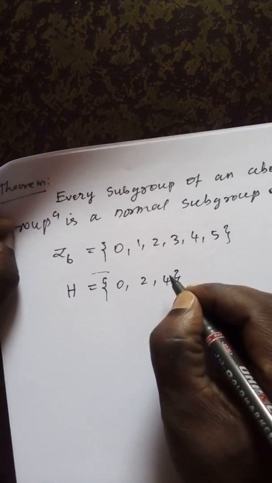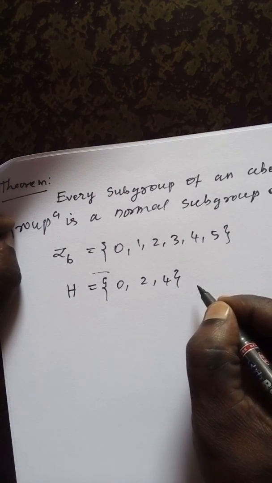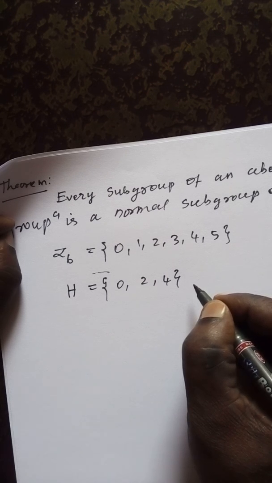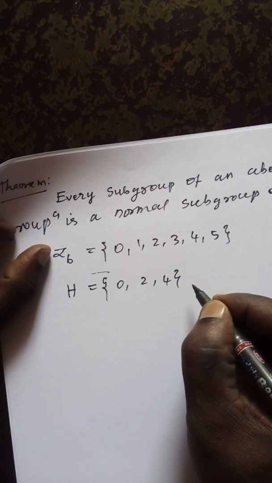This is a subgroup of Z6 because there are possibilities of subsets containing the elements 3 or 2, because of the